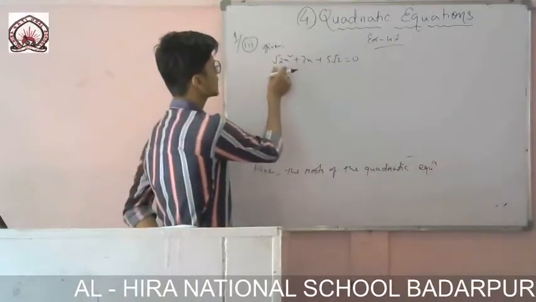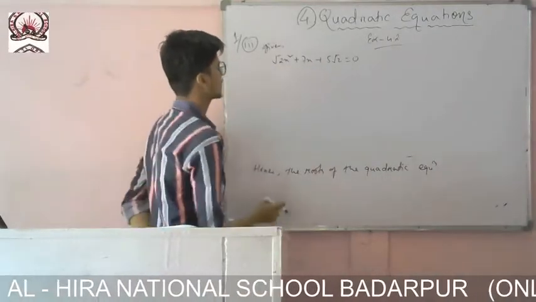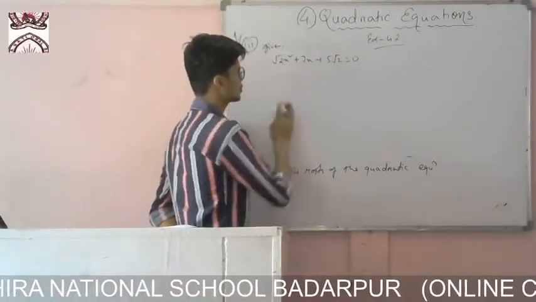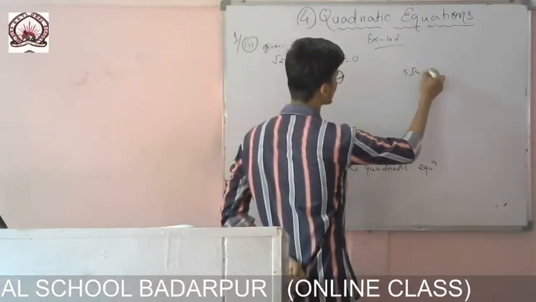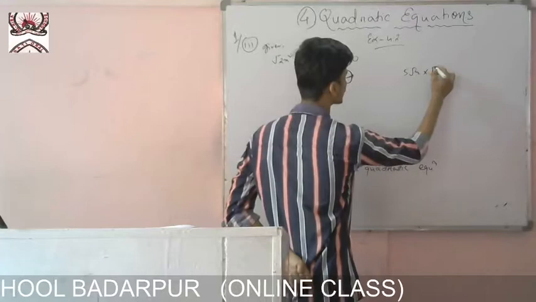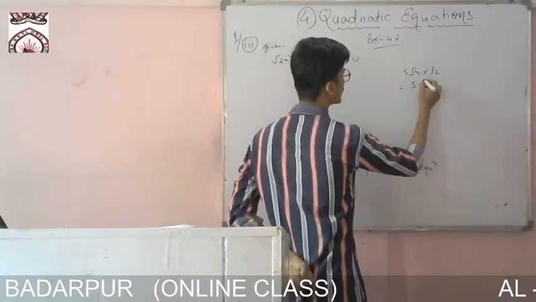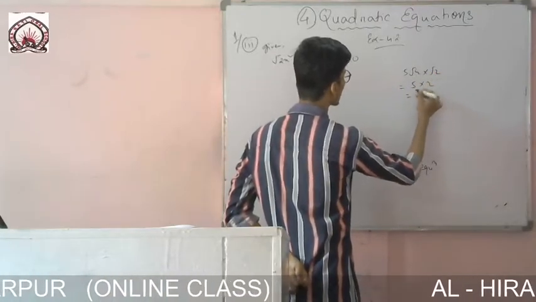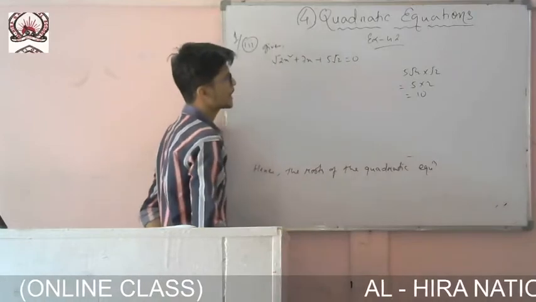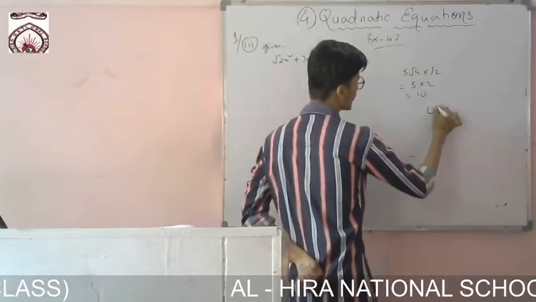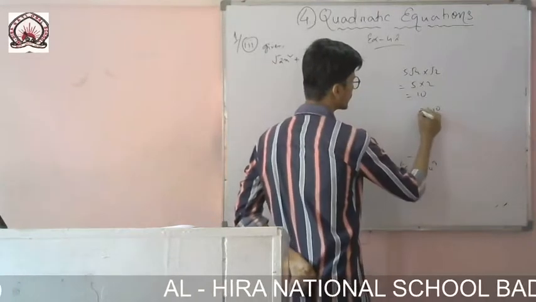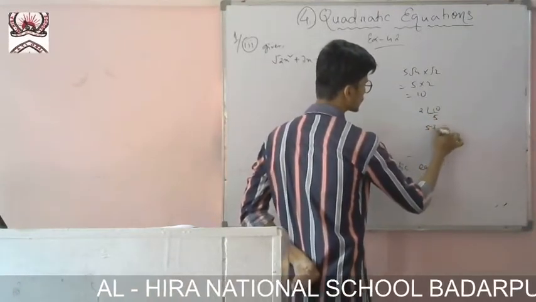By seeing the root you may get confused, but what is our normal procedure? We will follow that one. If I multiply 5√2 into the coefficient of x², that is √2, then what will I get? √2 into √2 is 2, so 5 twos are 10. Now if I take the factors of 10, how can I write it? It will be 2 fives are 10, and 5 plus 2, what is the answer? 7.